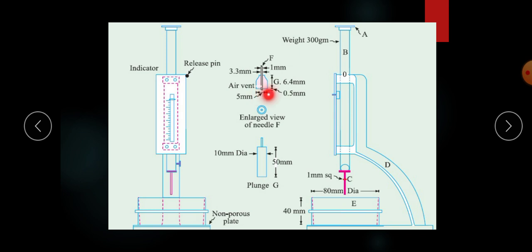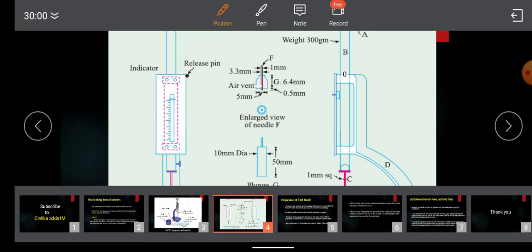So this is the 5 mm diameter, and this is the 1 mm needle in between, which extends outwards by 0.5 mm. This is the needle we are going to use to find the final setting time of cement. The enlarged view is here: this is 5 mm and in between 1 mm.